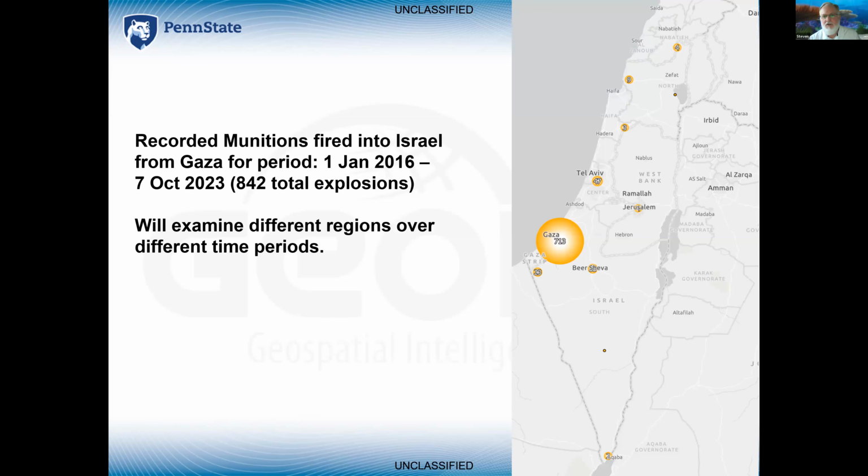Looking at clustering, you can see that the majority of attacks were in the Gaza area. It's been reported that the Qassam rocket, which is the shortest range rocket, is their weapon of choice. They've been using it for a long time, along with mortars. And that goes in the closest range right over Gaza, and that's where most of the attacks occurred. Over this period, there's been 842 total explosions. And I'll be examining different regions over different time periods. It's important to stress